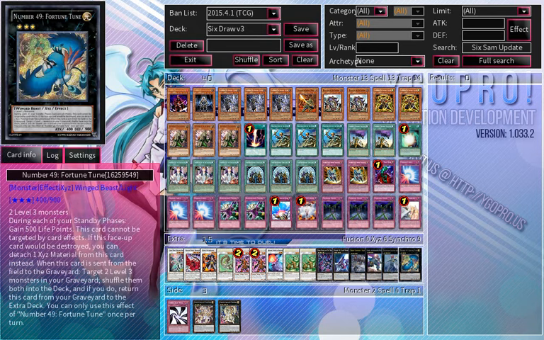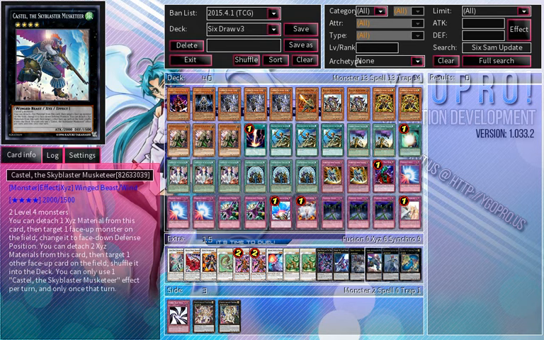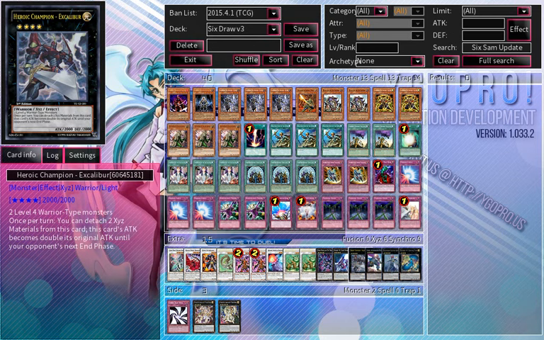Onto the extra, 1 Number 49 Fortune Tune to resupply my deck with level 3 monsters. Exciton Knight, staple at this moment. Castel, also staple. 1/1, former staple, but staple nonetheless. Excalibur, because it's a staple in any warrior deck nowadays, to make a 4000 beater that can get over